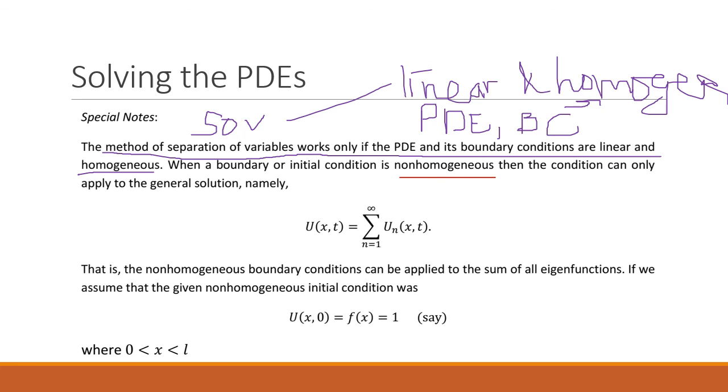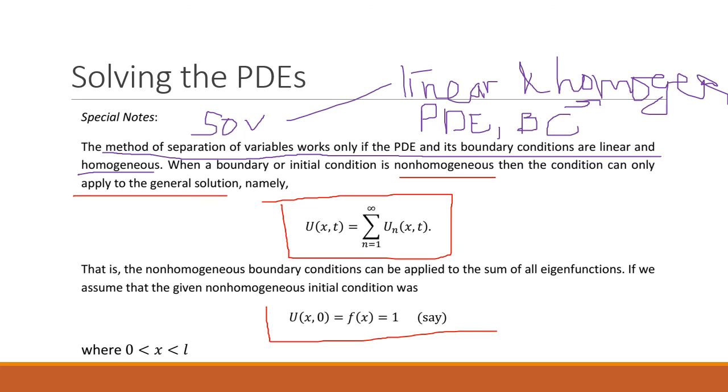When a boundary or initial condition is non-homogeneous, the condition can only apply to the general solution, which is this. So if it is non-homogeneous, we apply it directly and you cannot simplify it. That is, the non-homogeneous boundary condition can be applied to the sum of all eigenfunctions. If we assume that the given non-homogeneous initial condition was, for example, f(x) equal to 1,